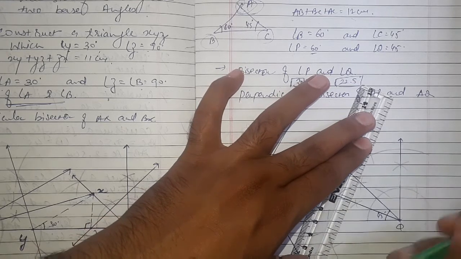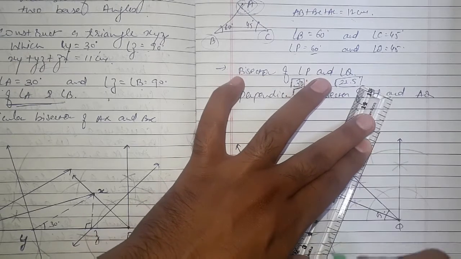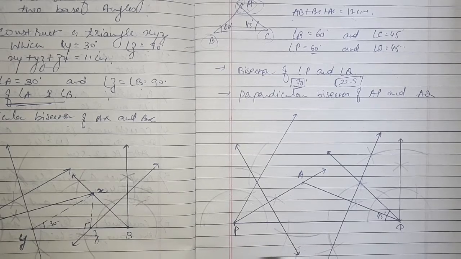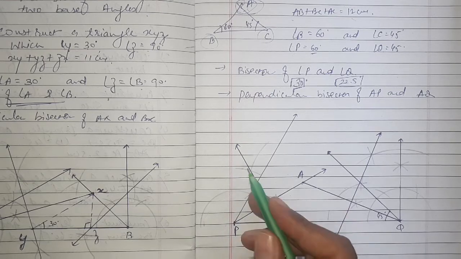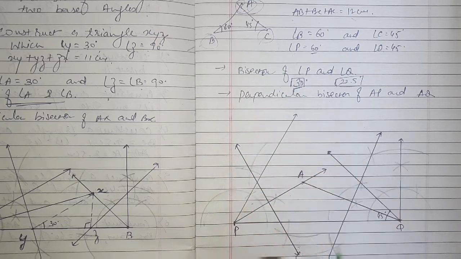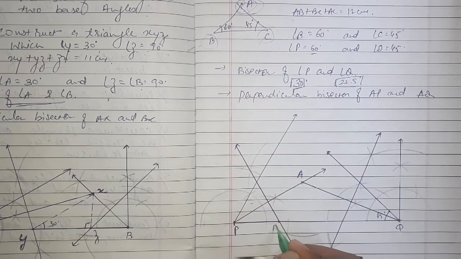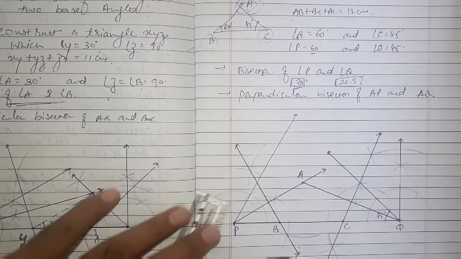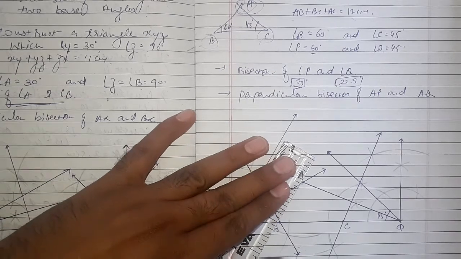Clear? This is my perpendicular bisector of AQ. Now the perpendicular bisector of AP and the perpendicular bisector of AQ meet PQ at two different points. These two different points are B and C. So name them B and C, and now we have to join them.